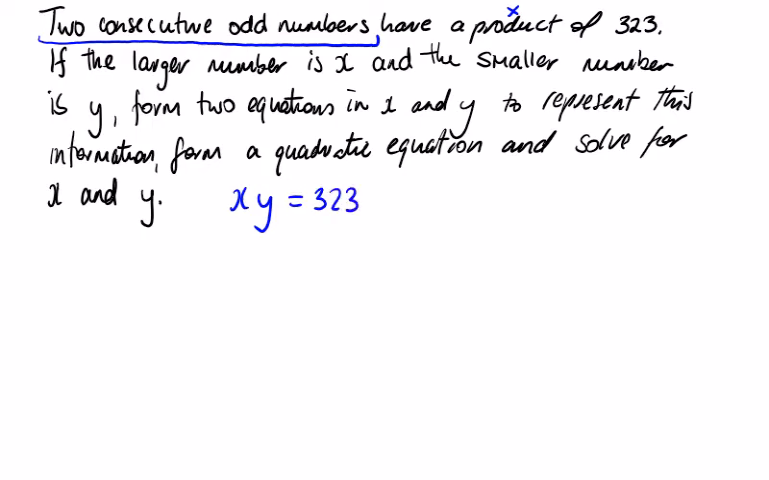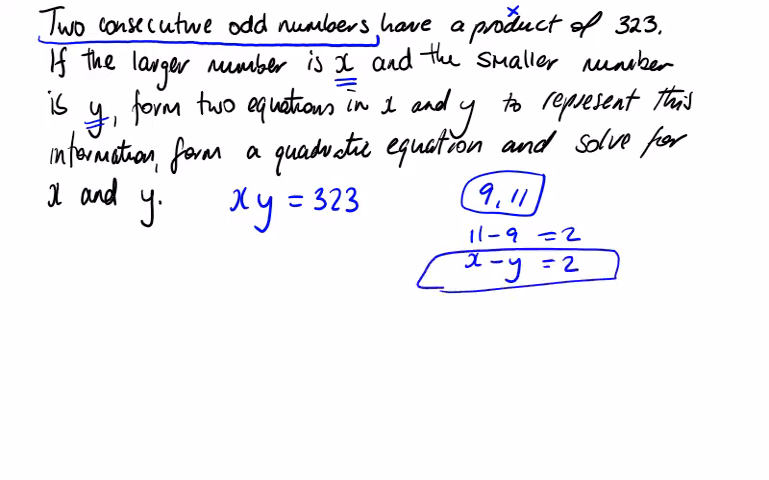Now, if they're odd and they're consecutive, just pick any two odd consecutives. There's 9 and 11, for instance. What's the difference between them? The difference is 2. So we could say 11 minus 9 equals 2. And here, my larger number is x and my smaller number is y. So x minus y would have to be equal to 2. So if they're consecutive odd or consecutive even, this will always be the equation that you can use to simplify